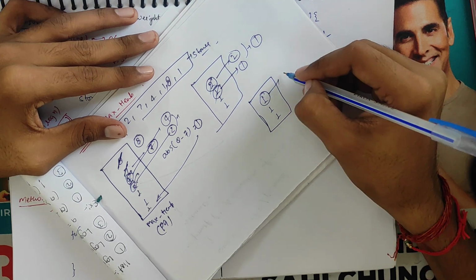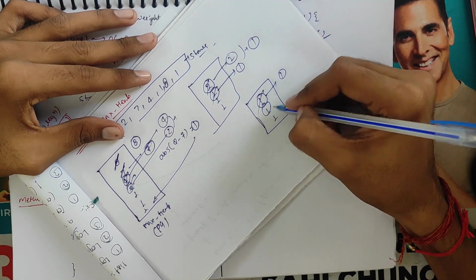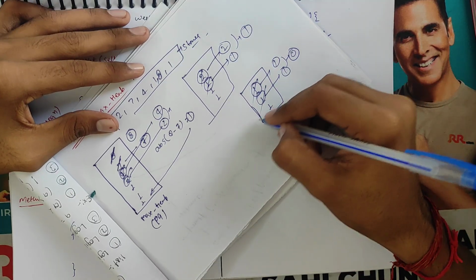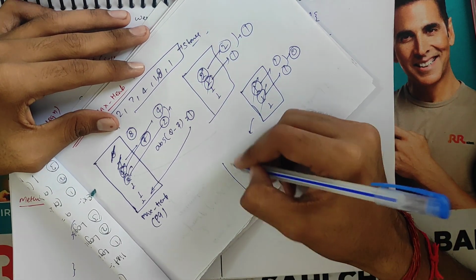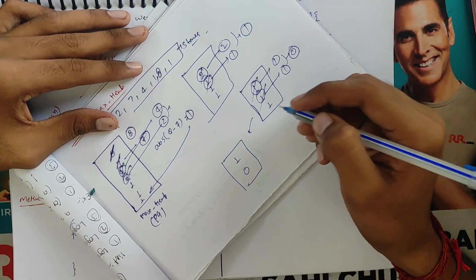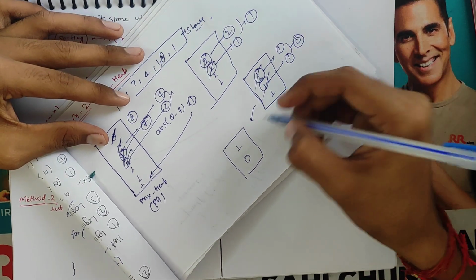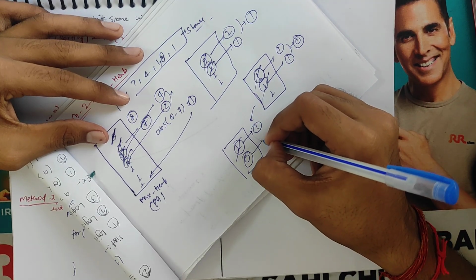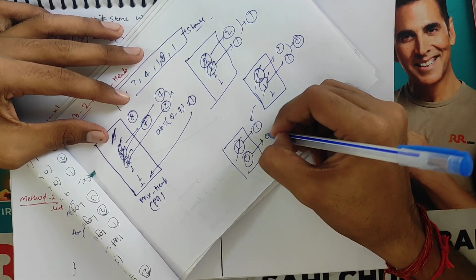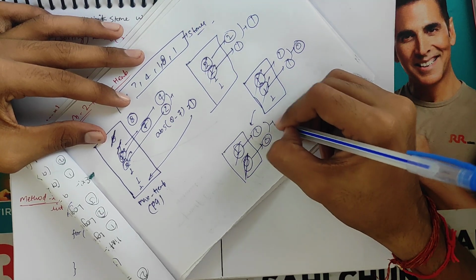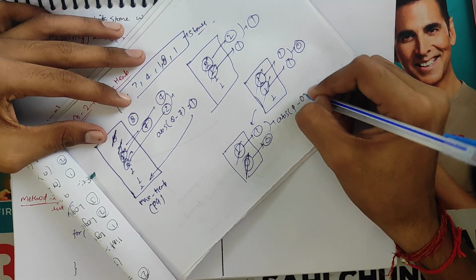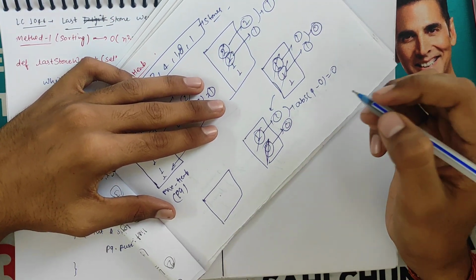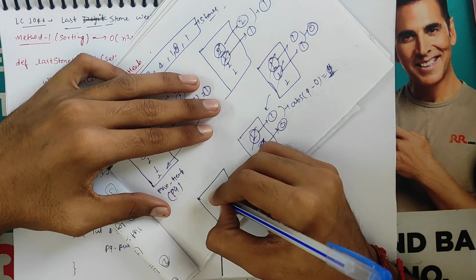We pick the highest, topmost element, which is 1, and pop it out. We again pick the topmost element, 1, and pop it out. 1 minus 1 is 0. So we push 0 into the max heap, and it will look like this. Now we pick the topmost element, which is 1, and pop it out. We pick the next element, which is 0, and pop 0 out. The absolute value of 1 minus 0 is 1. So we push that absolute value, 1, into the max heap.